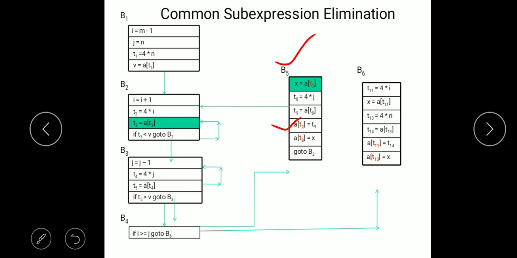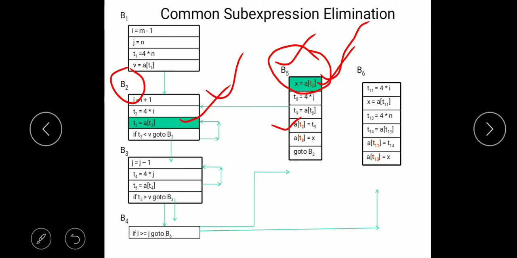Now you can see x equal A of T2 is a common sub expression. Why? Because A of T2 is already being computed in basic block B2. So can we eliminate x equal A of T2 directly? No, because x is already being used here, so we need to take care of this.